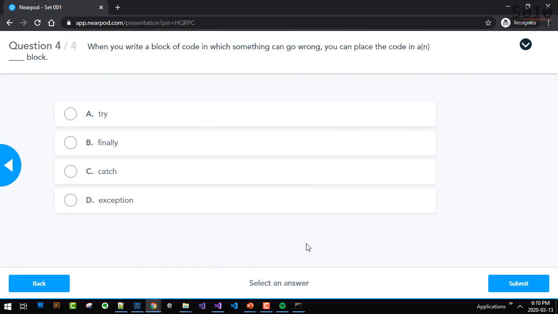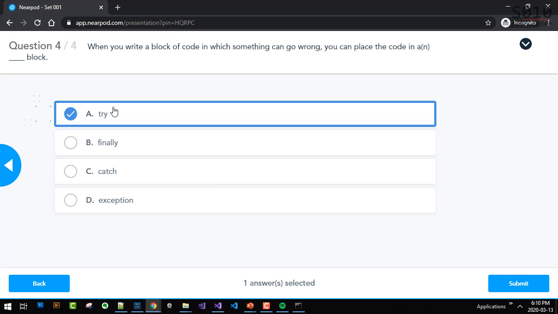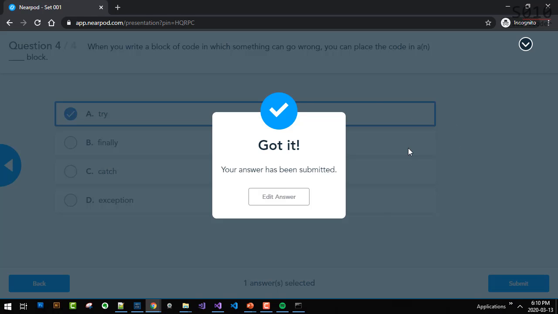When you write a block of code in which something can go wrong, you can place the code in a try block. See how easy it is? It's very easy. The quiz is very, very easy. Awesome.